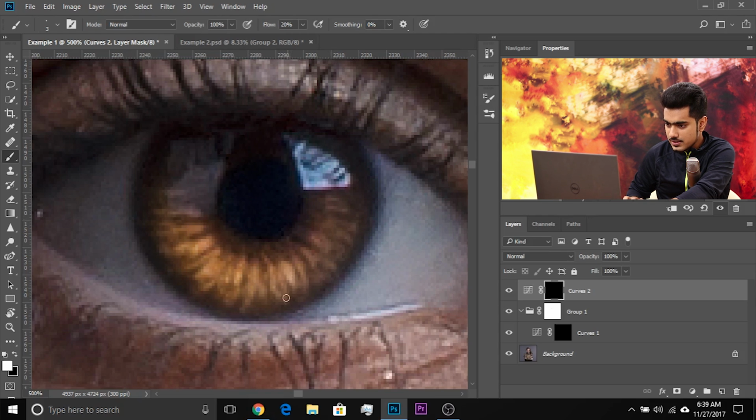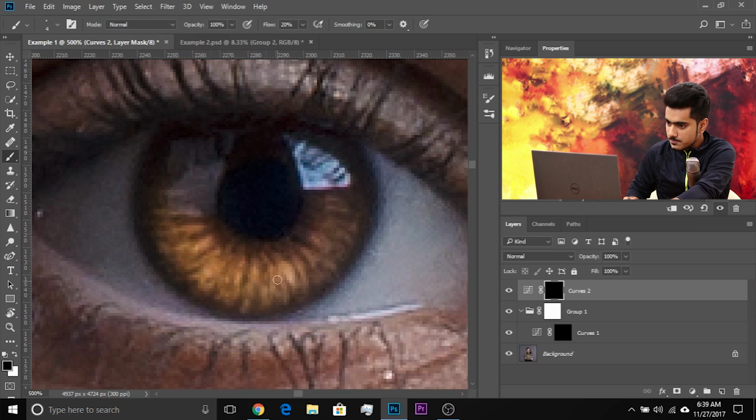Now, what you can do then, this is very exciting, you can change the color of this one inside of the curves. You don't have to add any other adjustment layers or so. Now, if this is too much, change the color from white to black, okay? Press X to toggle between the foreground and the background again, and you can just erase some areas if you think you have done too much, like so.